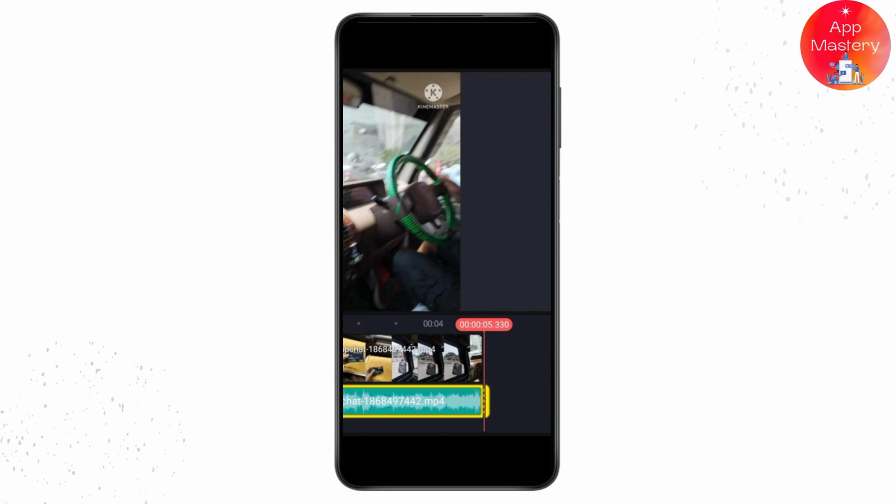So that's how you can remove your noise from your KineMaster video, or that's how you can remove your background noise on your